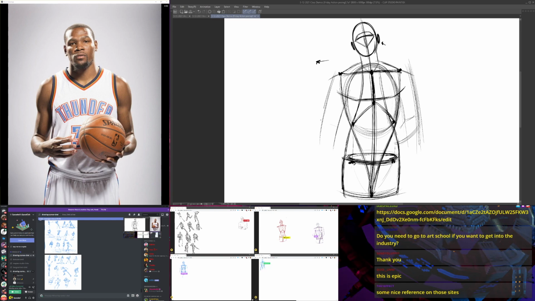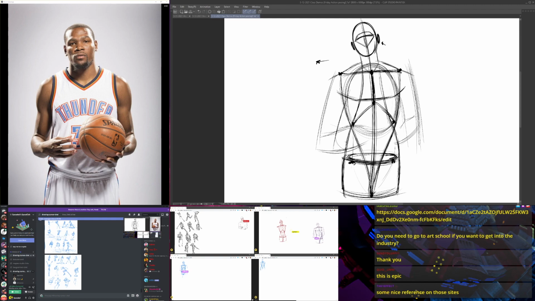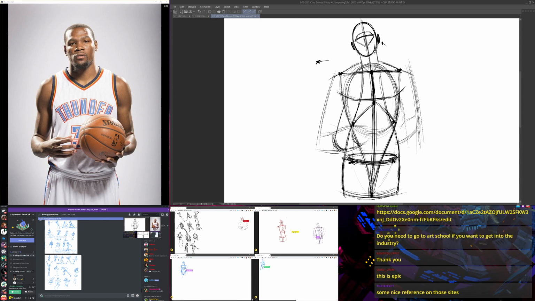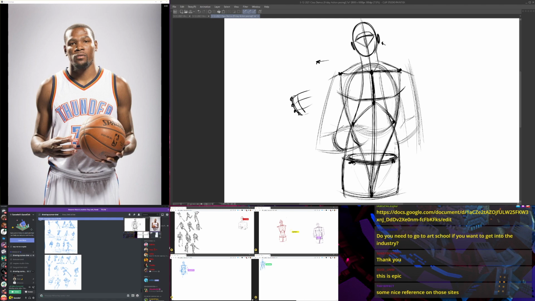So once you get the two parallel lines going here, you get two more here for the hand that's coming towards us right here. The hand of the arm that's coming towards us. Creating a line that's wrapping over for about where the wrist is, right there. There's another line right here wrapping over for the tops of the knuckles, at the base of the fingers. Put a little quick indication of the thumb.